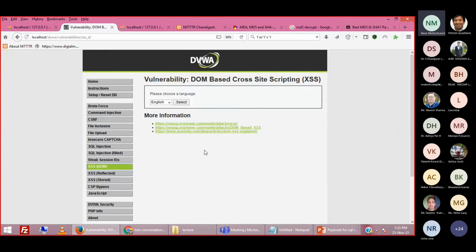DOM is basically the Document Object Model, right? Whenever you are creating a web page in HTML, you have to follow this document object model. Whatever input control you are putting on your web page, like a drop down, text box, text area, or radio button, this input control must have a unique ID.